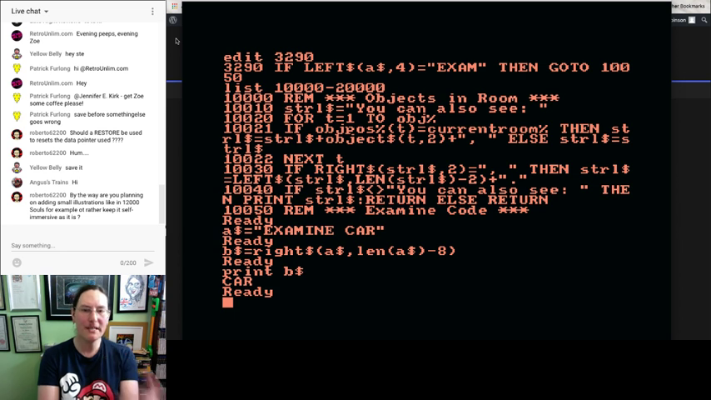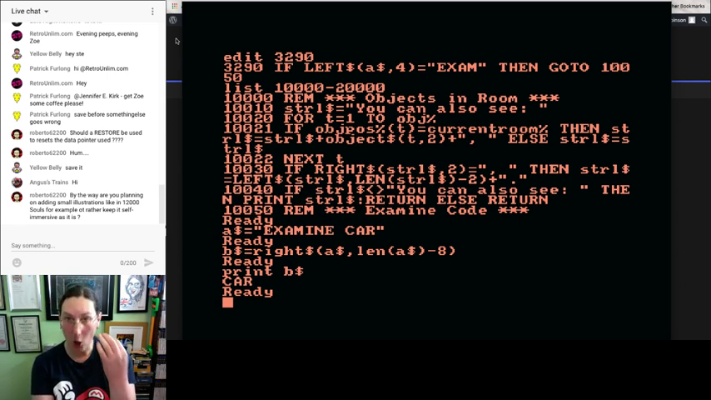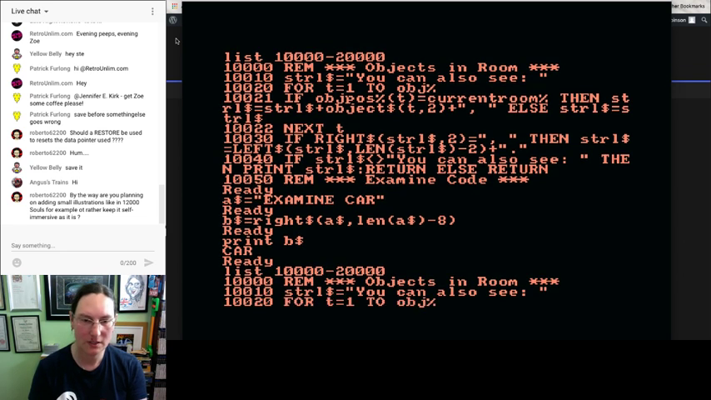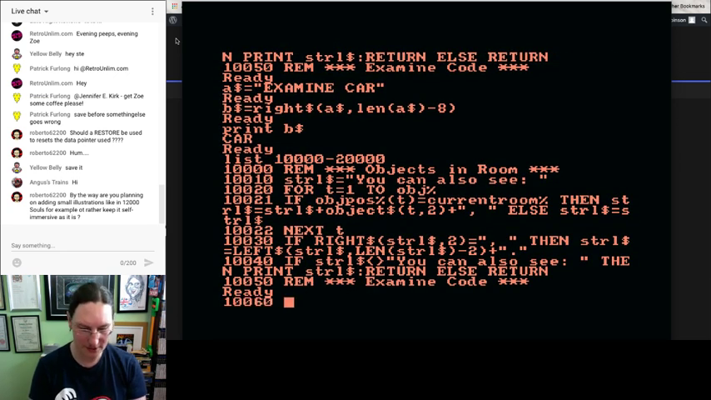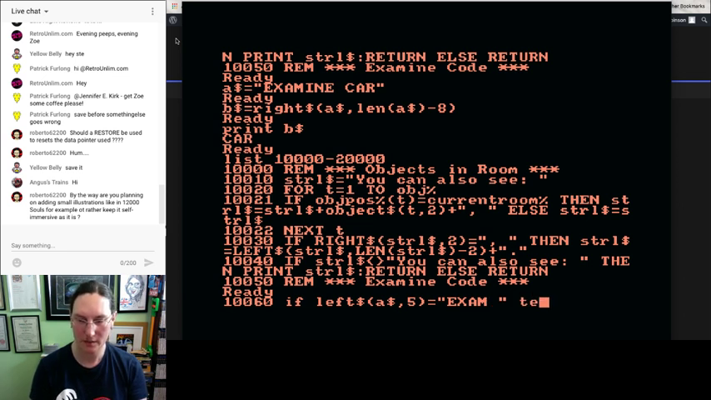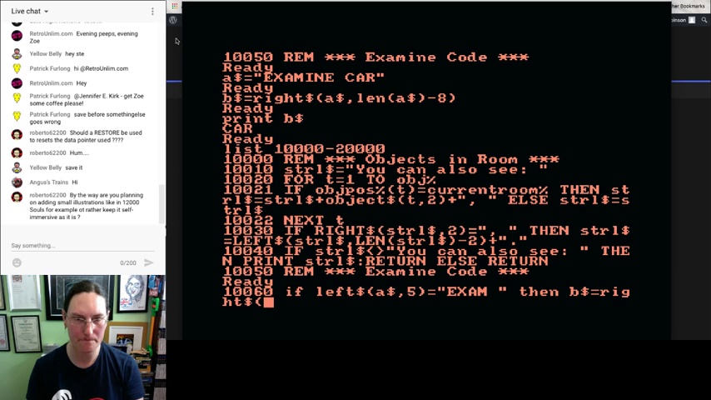code at all, where I've set up B string as A string minus the first 8 characters, which gives me the object name, and that is key. So we have no code in 10060. So if left string A string, comma 5 equals exam space, then B string equals right string A string,